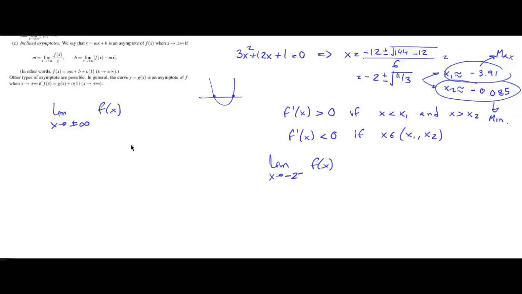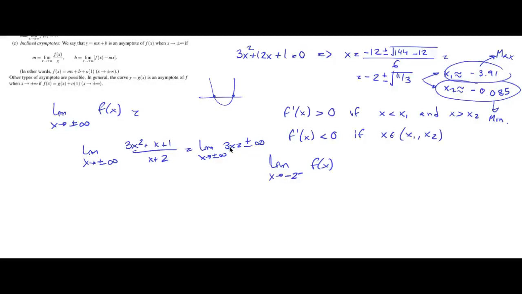Again, this function is 3x squared plus x plus 1 divided by x plus 2, and we see that this is going to be the limit of 3x when x goes to plus minus infinity, so it's going to be plus infinity when it goes to plus infinity and minus infinity when it goes to minus infinity. Okay,